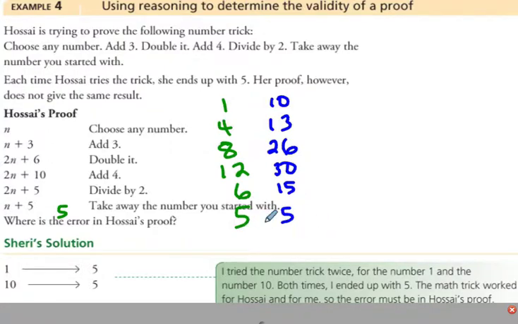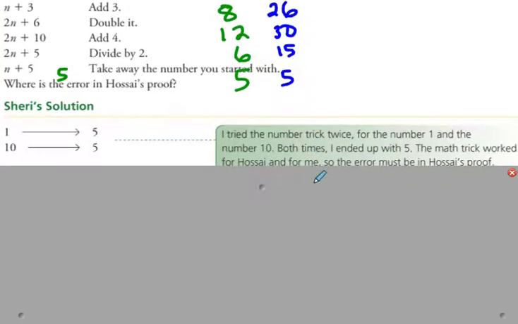So we can see a pattern, but this is not a proof. This only supports that the trick will end up at 5 every time. So what is the proof? So when we look at the proof of this,